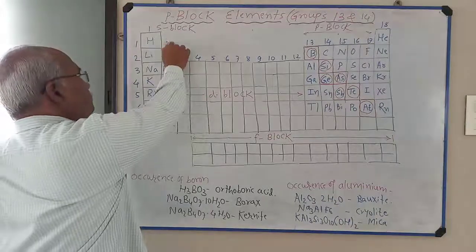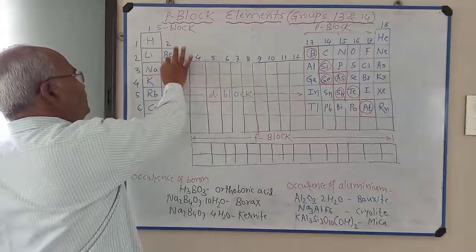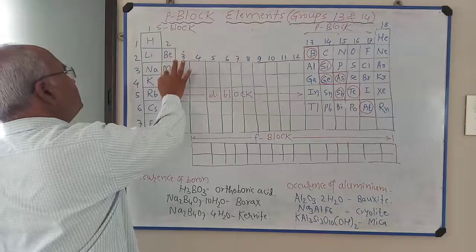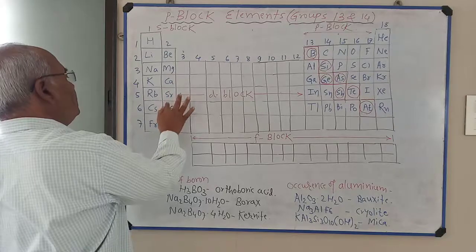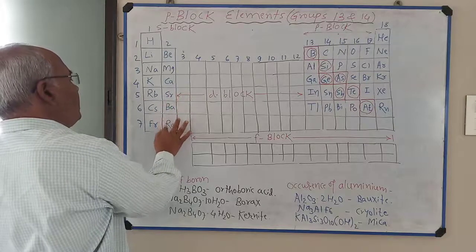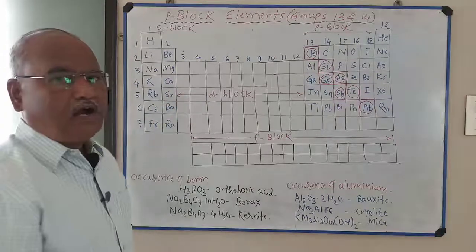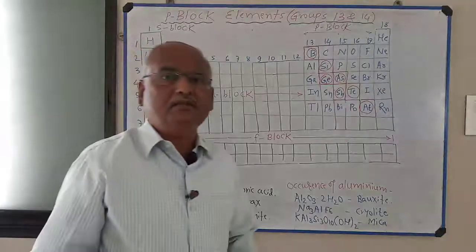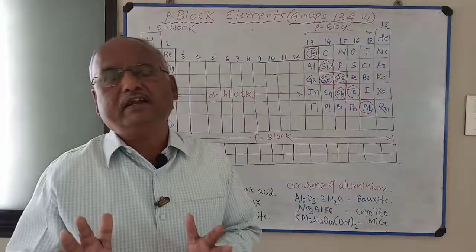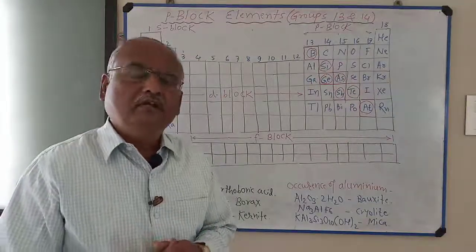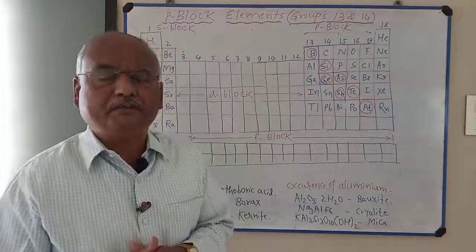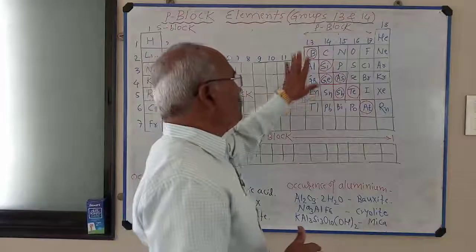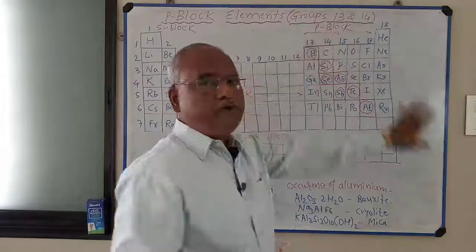Elements of group 2, beryllium, magnesium, calcium, strontium, barium and radium are alkaline earth metals. You have completed the study of these elements. Now we are going to learn p block